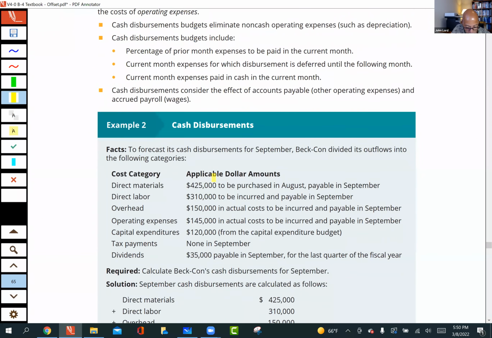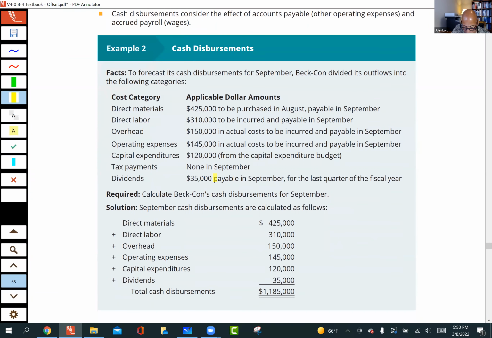So I don't know, guys. I look at this question and I just see it as a reminder of the things to consider. I mean, there's absolutely no challenge to any of this, okay? Direct materials, direct labor, overhead, okay? Gonna have to pay those, okay? Then they tell us they have operating expenses, okay? And I assume they tell us these are all disbursements.